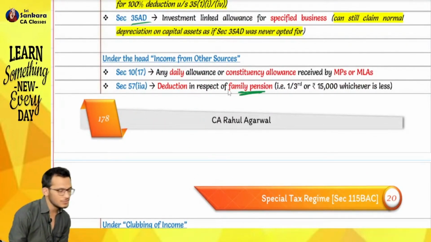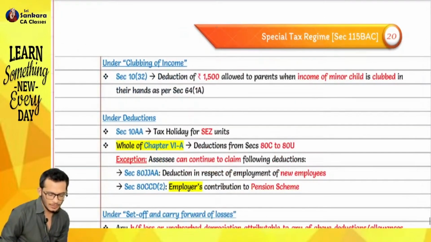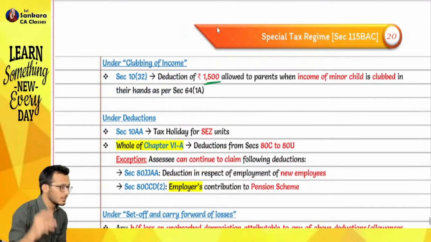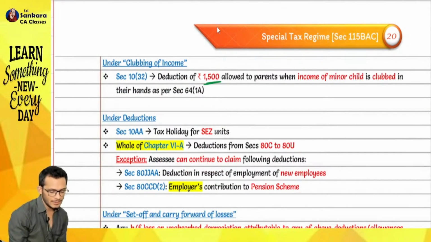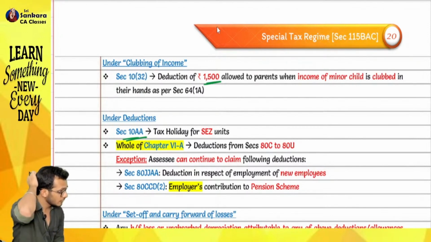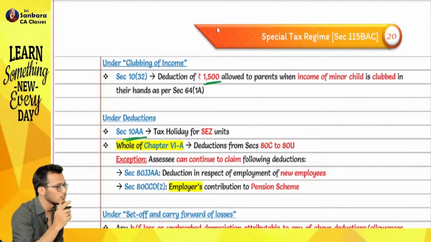Any kind of family pension will not be allowed. And then they said, boss, if you're going to do clubbing of income, the 1,500 of child income is not allowed. Then they went into Section 10 deductions. They came and said 10AA is fully ignored. And when it comes to Chapter VI-A, the full Chapter VI-A is also ignored except for 80CCD(2),